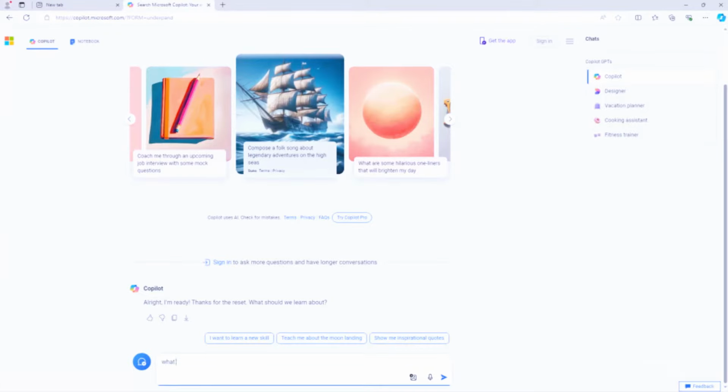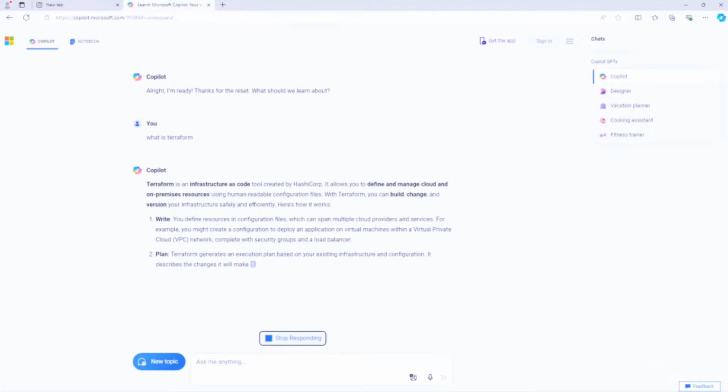Take for example, I'm currently studying a technology like Terraform. I want to understand what Terraform is. With the use of ChatGPT, for example, I can use several AI prompts to effectively understand what Terraform is. For example, what is Terraform? How can I use Terraform in AWS environment? How can I create different resources in AWS environment? What is the Terraform template to create a particular resource? How can I optimize this template? What are some common configuration issues which can be solved with Terraform? So using AI prompts, you can effectively understand specific topics or specific areas with respect to a particular technology which